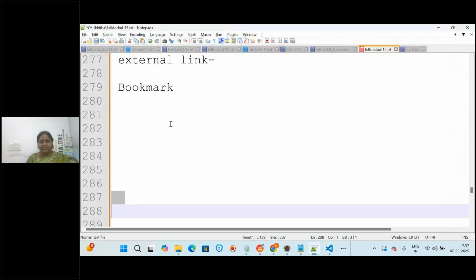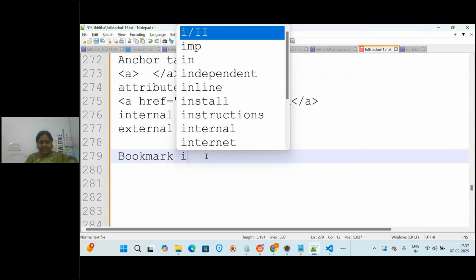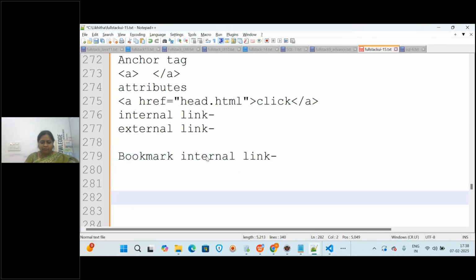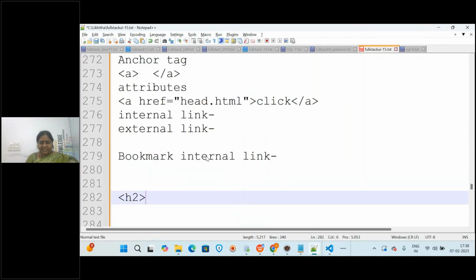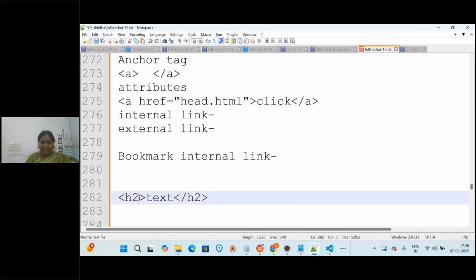So bookmark will be given for internal link. For what? Internal link. So how are we going to create it? For whatever tag, h2 tag or something, you write some text here and close the h2 tag. And here you will provide the id. Id is equal to some name in double quotes.